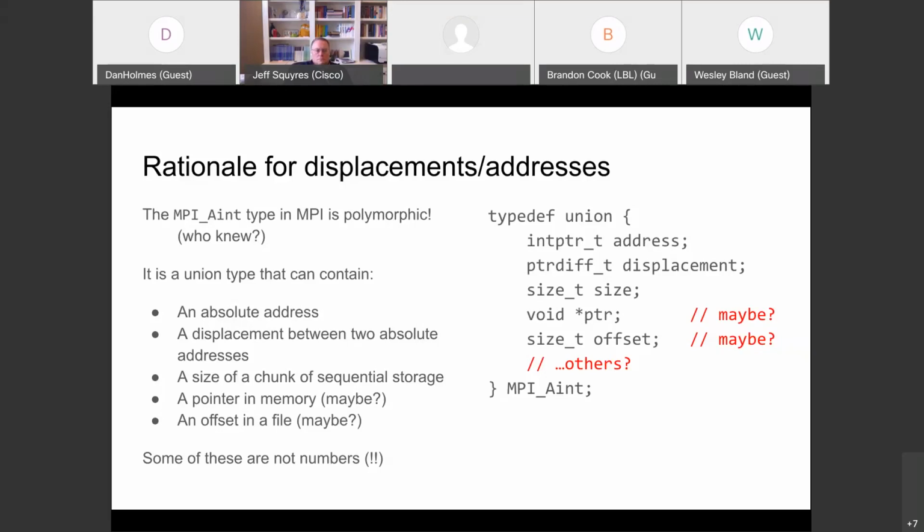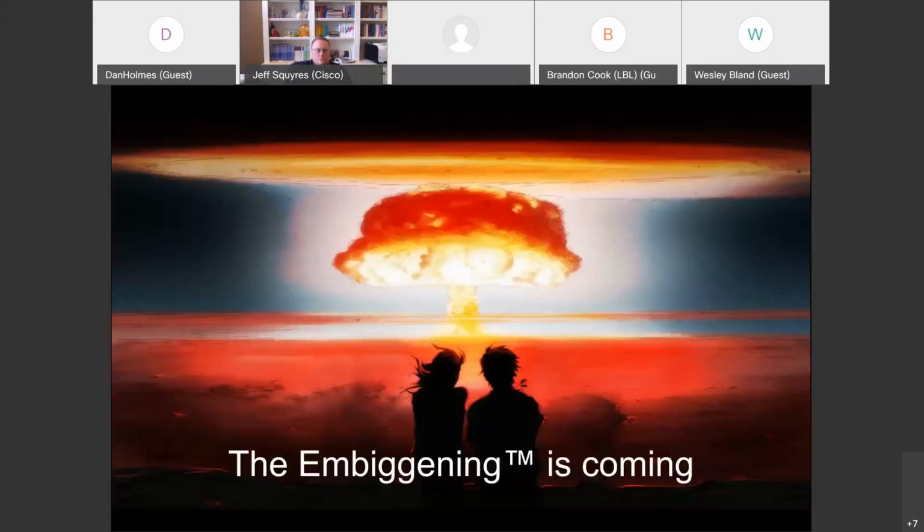So hopefully that gives you some information about what we've done, what we are doing, and some reasoning behind why it's going to look the way it's going to look. So yeah, the embiggening is definitely happening. We are, as a working group, a long way through doing the work for this. We are working to the deadline of getting it ready for December. So hopefully we'll be able to read this, and if you've got questions, now would be a good time to ask them rather than in December, because we're more likely to be able to react before it's too late.